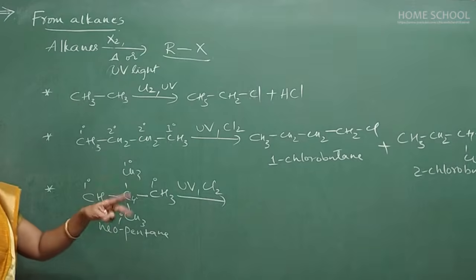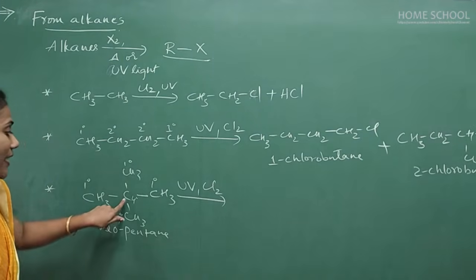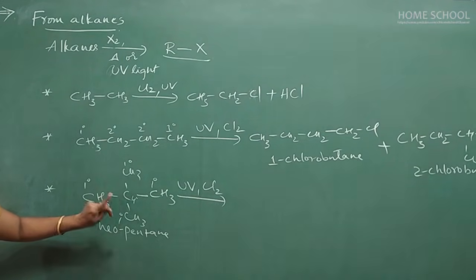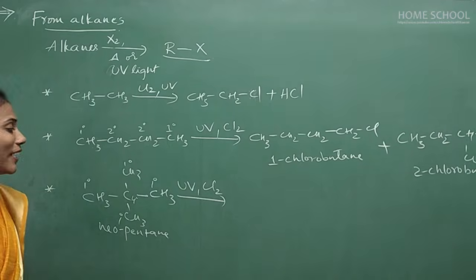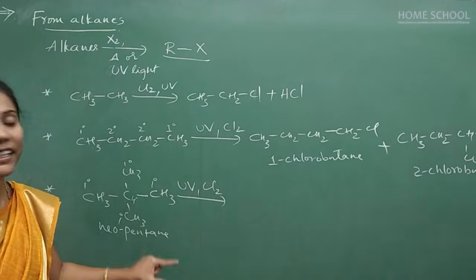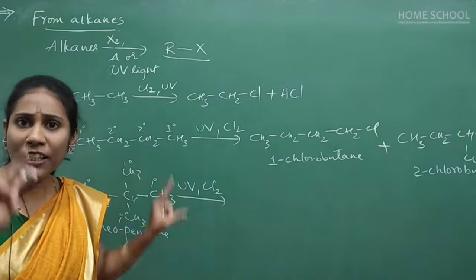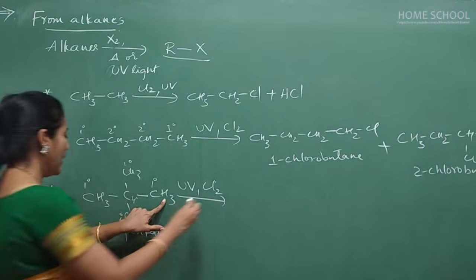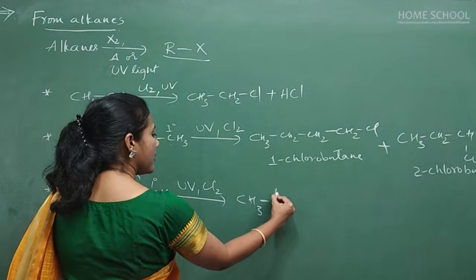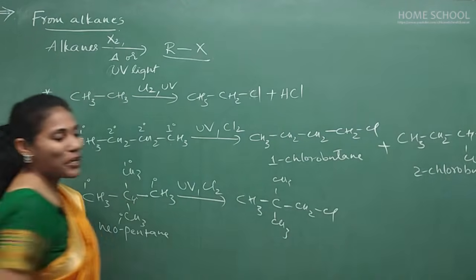But this quaternary carbon does not have any hydrogen to replace. We have to replace hydrogen atoms, right? This quaternary carbon does not have any hydrogen, so forget it. And you look at these hydrogens, all are primary hydrogens only, because all are on primary carbons. So you can replace any one of the hydrogens. Here all hydrogens are the same, equal. So in that case, replace any one of the hydrogens. Let me replace one of the hydrogens from this CH3. So what do we get? CH3, CH3, CH3, CH2Cl. So this is the product you will get.